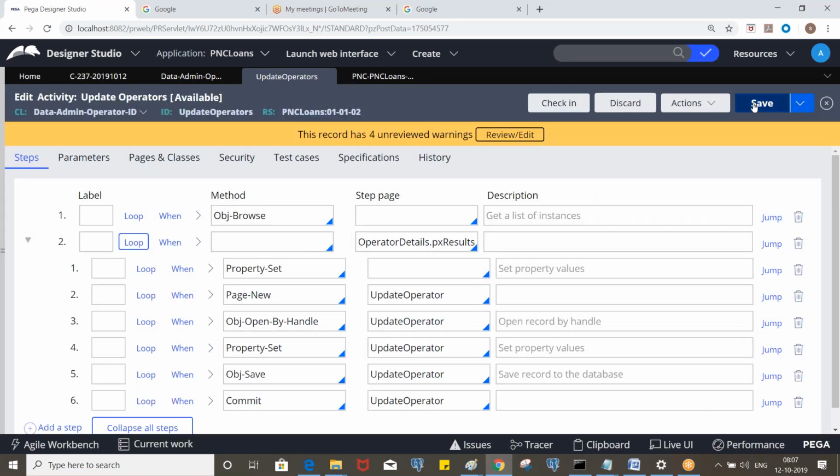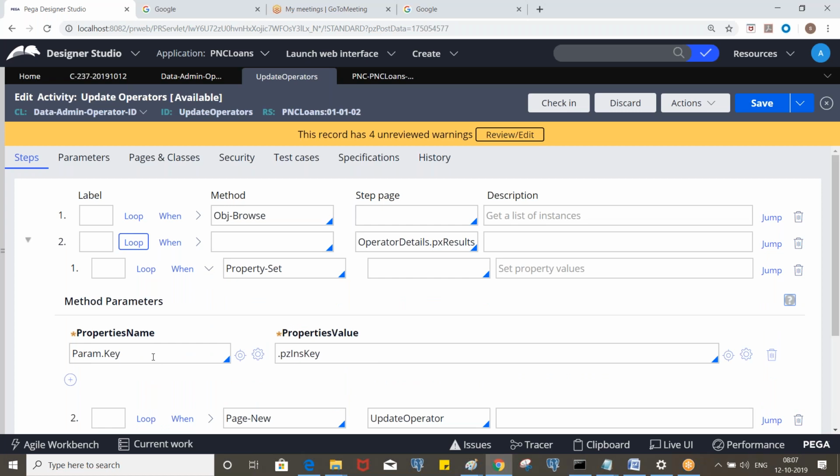There we are using the key, but we haven't defined it in the parameters tab. You can do that. We need to define it in the parameters tab when we invoke this activity from somewhere else and pass that parameter, like in the state and city activities, where we invoked it from the property and passed it.